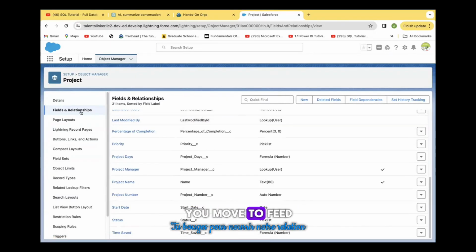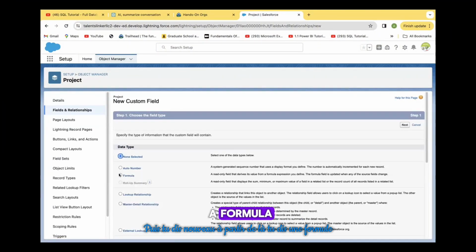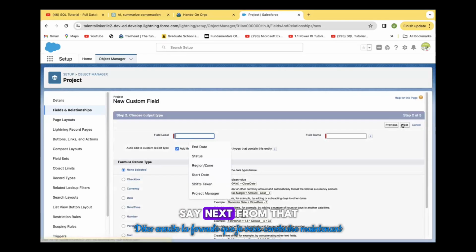You move to field and relationship, then you say new. From there, you say formula. You pick formula as the data type. You say next. From the formula I want to build now, it simply says if my project end date minus